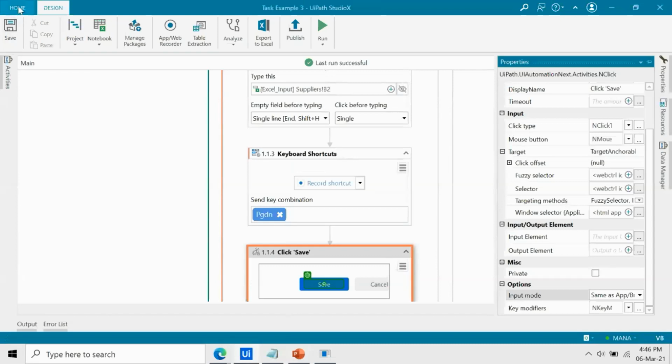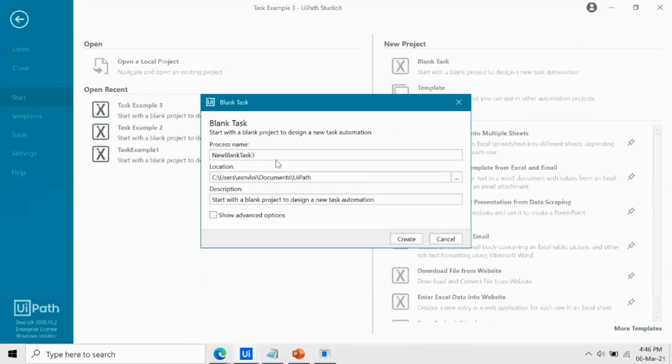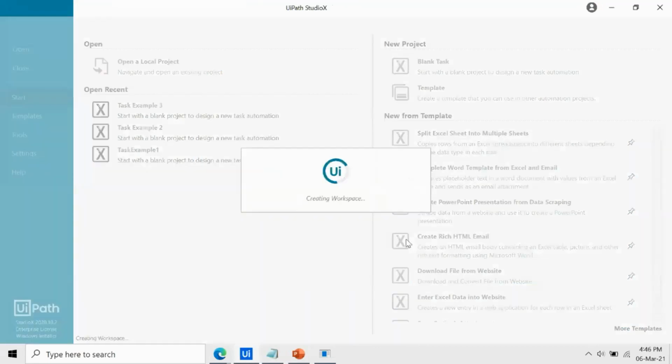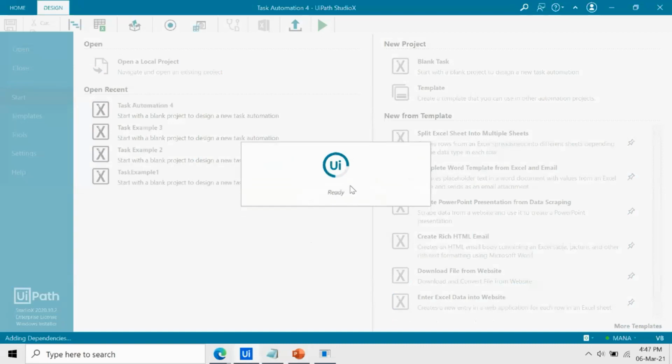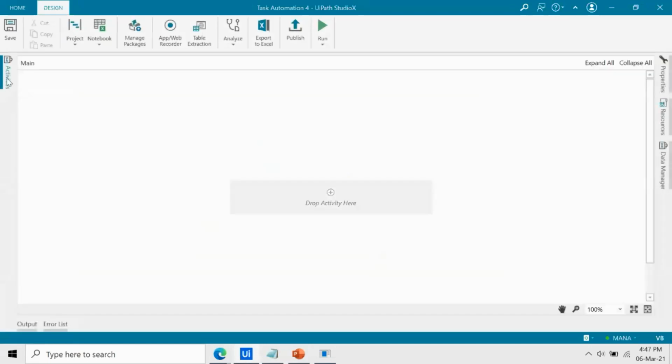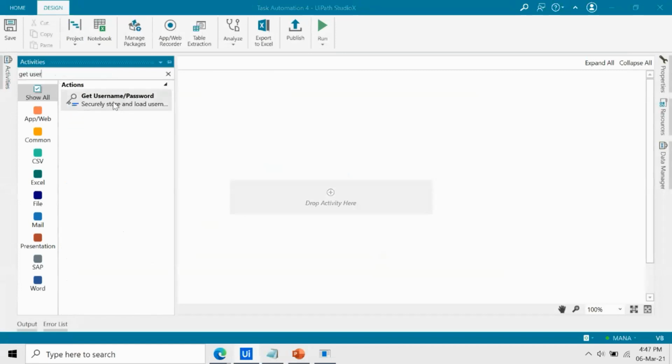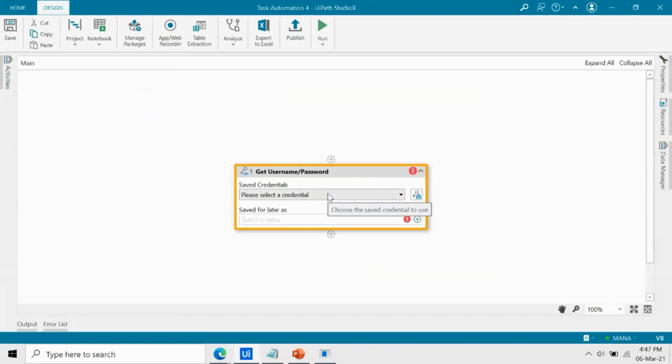So I go to the home again, create a blank task. Okay, to start with, we have to first get the username and password. I drag the activity over here.